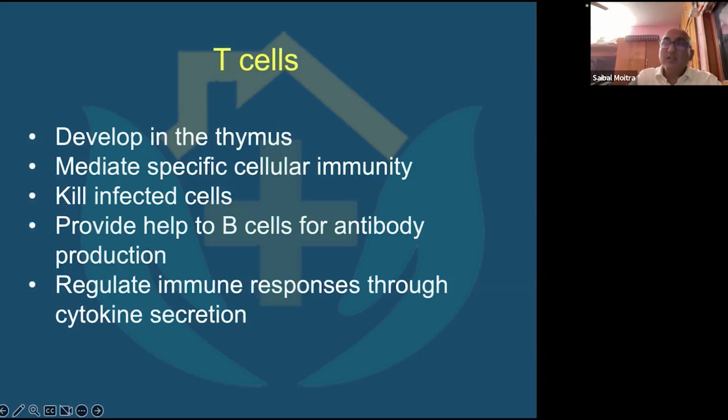So these T cells not only orchestrate the functions of the innate immune system, but these T cells also provide the required help to the B cells to produce the antibodies. How, we'll discuss within the next 2 or 3 slides. And these helper T cells release specific cytokines and produce the cytokine milieu. In that particular milieu, it leads to the immune response which is desired and which is directed